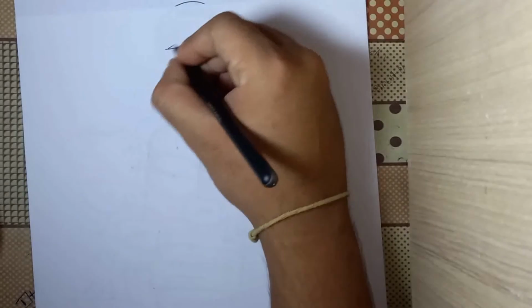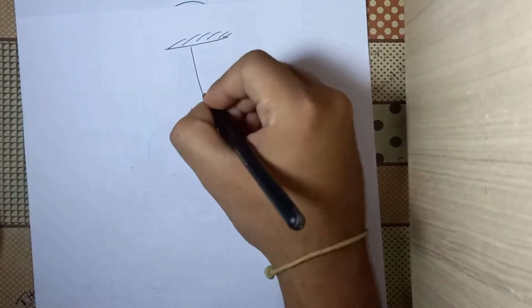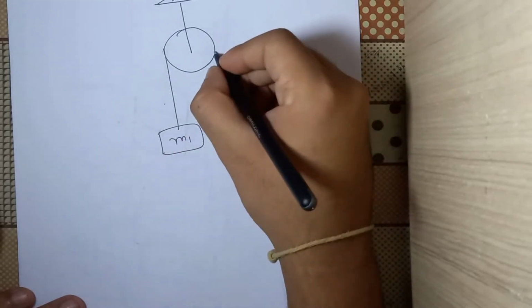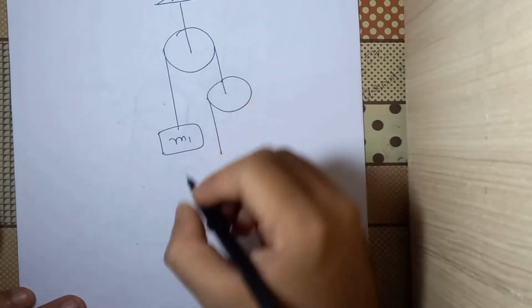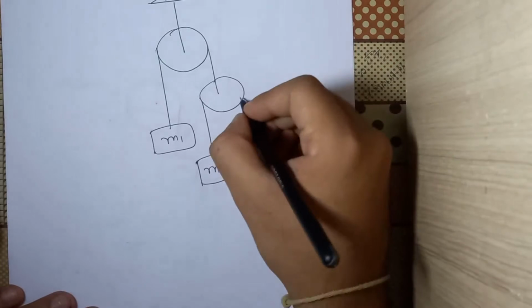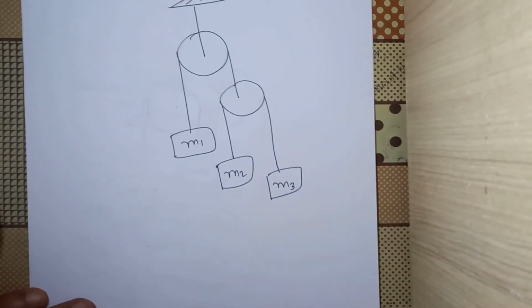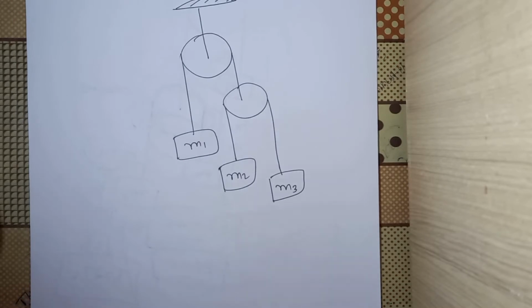So let us redraw the same system, and this time we'll see how that system could have been solved by a much easier way. But I would again advise that if you didn't understand the concept part, don't move on to this part. Watch the concept part again, because then only this will be very helpful.